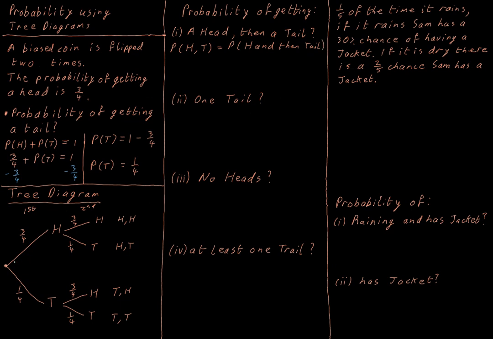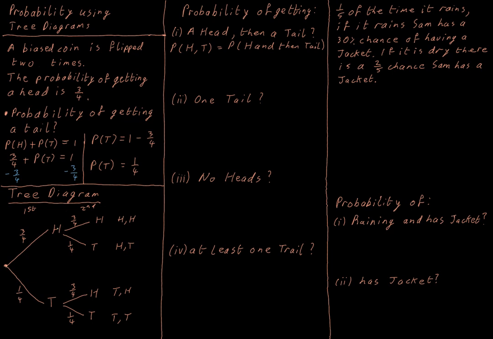So what meets that criteria? Well, we have to get a head the first time and a tail. So we have to go head, then tail. So 3/4 of the time when we flip our coin, we get a head. And then 1/4 of the time we get a tail. So if we think about our